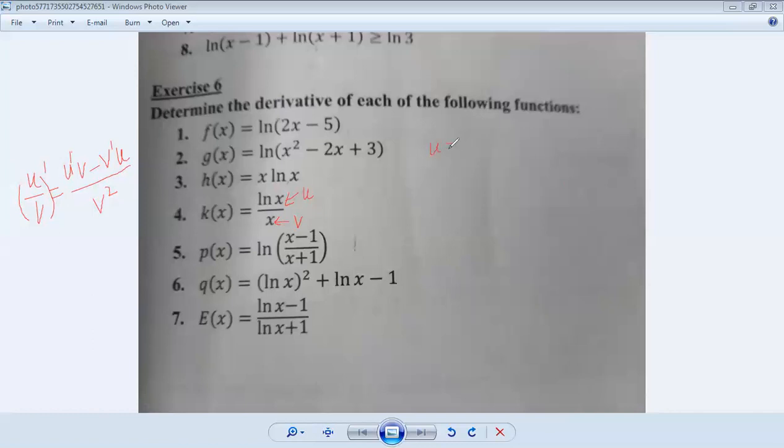If u equals ln x, then u prime is equal to 1 over x. If v equals x, then v prime is equal to 1. u prime times v, 1 over x times x, is equal to 1. So k prime of x is equal to 1 minus